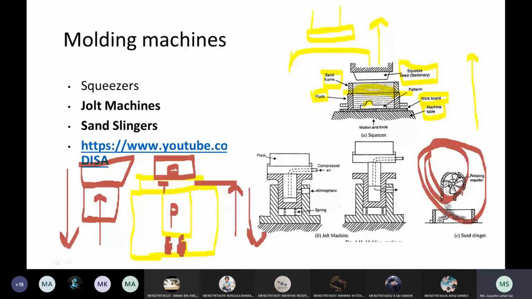Okay, so both the first two work because of pressure, right? Because of the movement of the machine table towards the squeeze space. But in the second one, the flask is in contact with the plunger, and because of the up and down movement and the shock wave, the sand is applied layer by layer. Here you are sprinkling the sand, and this is only meant for large flasks. If the size of the flask is large, then they go for the sand slinger machine, right?